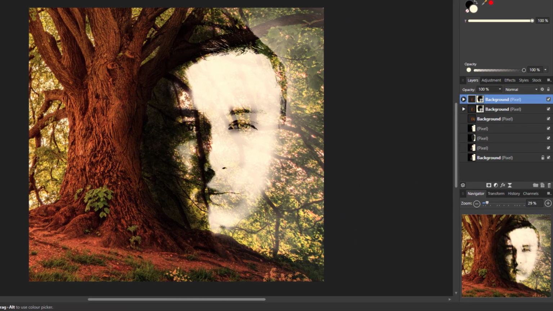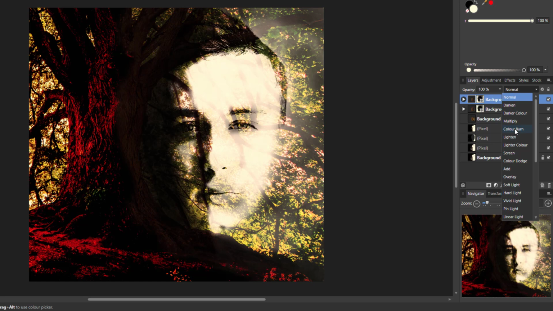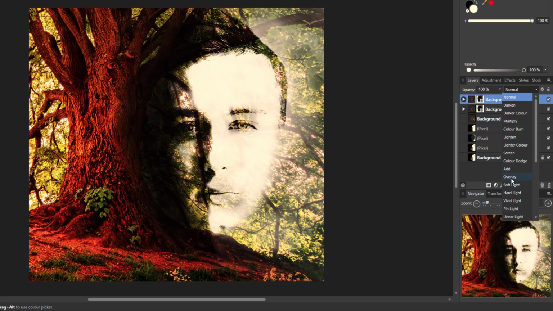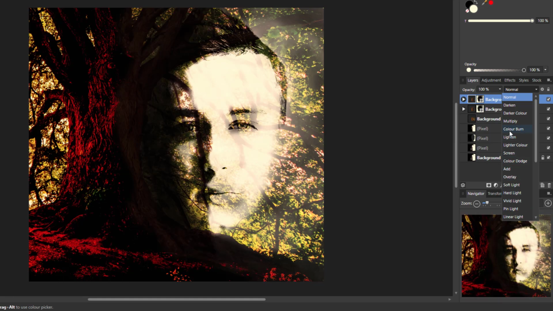This is going to affect the tree mainly, not so much the background, so find an effect that you like. Now I found that color burn or overlay are quite good, but I'm going to go with color burn, just to give that tree that eerie look to it,